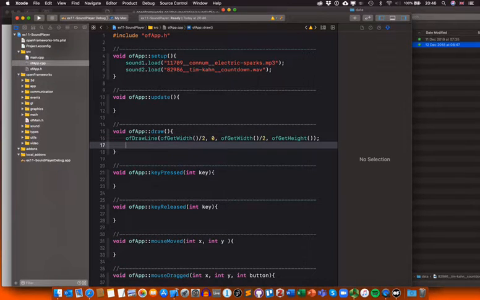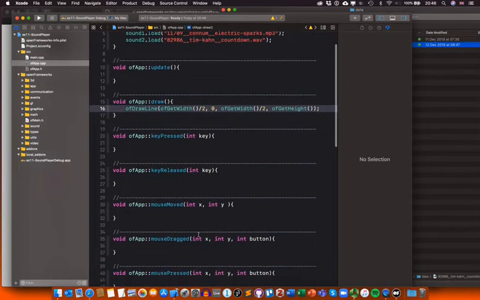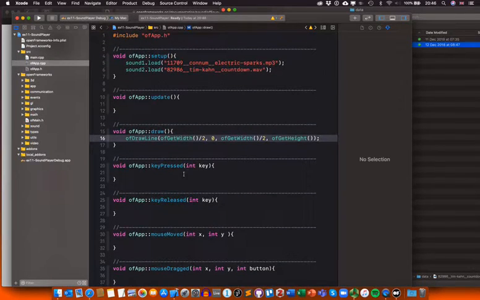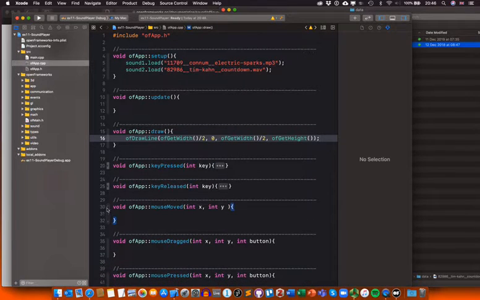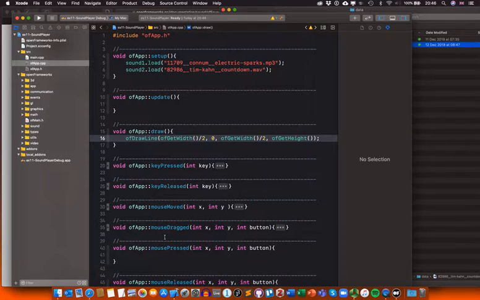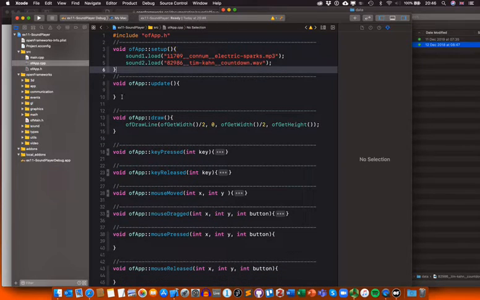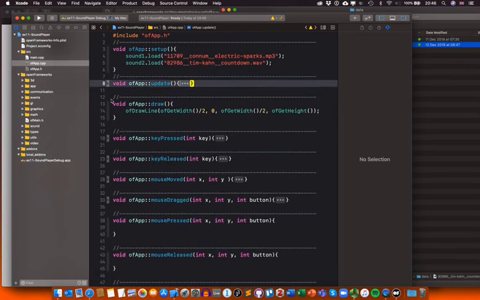Then we can say, when in mouse pressed, for example, I have mouse pressed down there, so I'm going to collapse some of these functions a little bit so that it's cleaner and you can see everything. I might need to do more space savings to make everything fit, and collapse this one. Okay, so